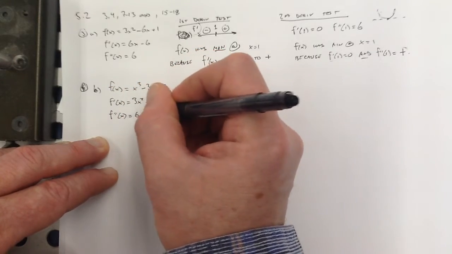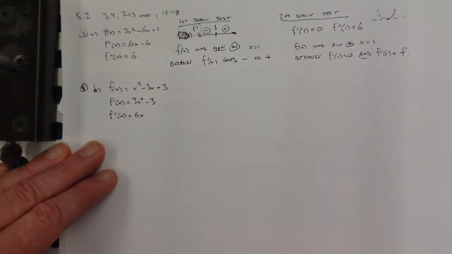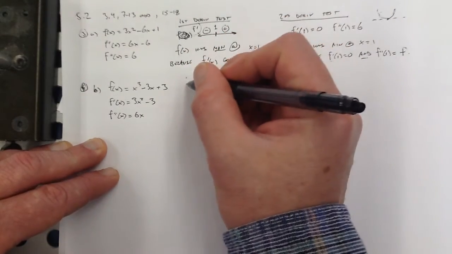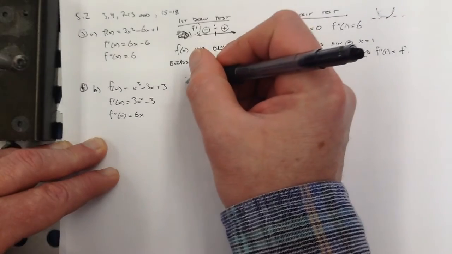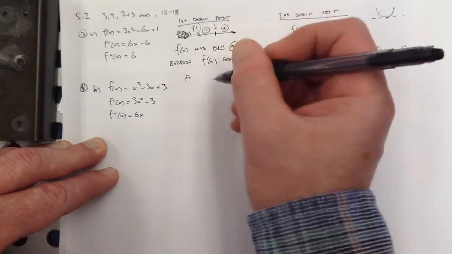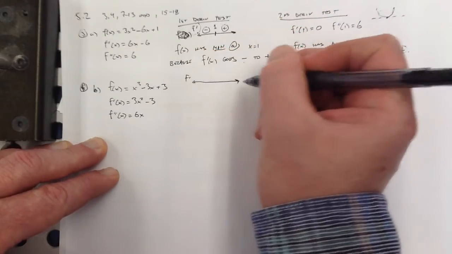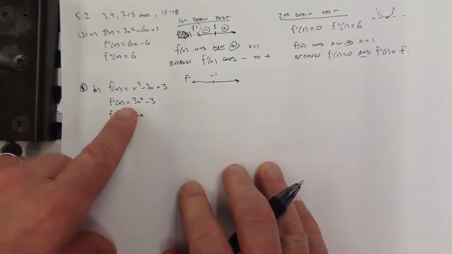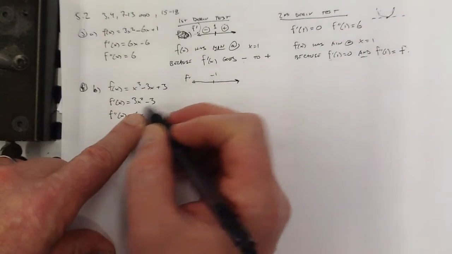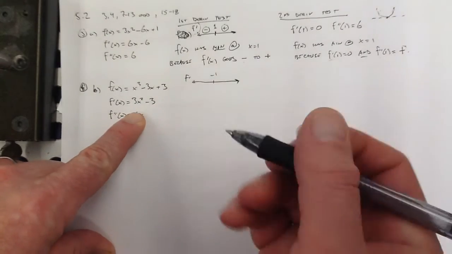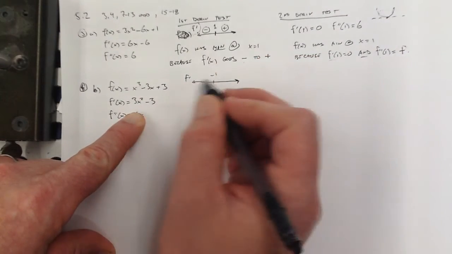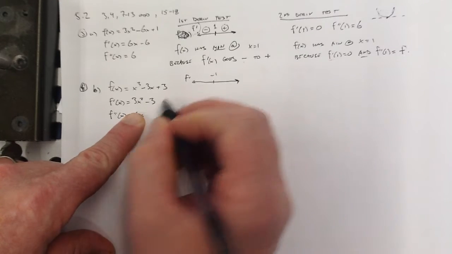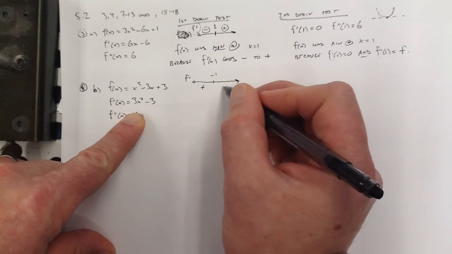Okay, we're talking this time. So here, let's see, I'm going to just reuse my columns here. So I'm going to make my little sign chart. They already told me that we're interested in x equals -1. Okay, so when I plug -1 in here, sure enough it's 0. If I go on the other side of this, plug in like -2, that's positive. And if I plug in 2,